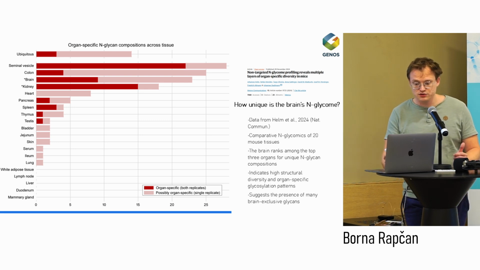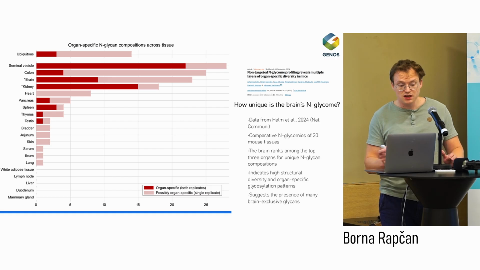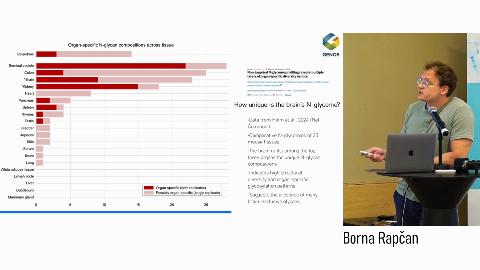To try and answer that question, we looked towards the data published by Helm and colleagues a year ago in Nature Communications, where they did comparative N-glycomics of 20 mouse tissues. Which exact mouse tissues they analyzed, you can see here in this list. I'm not going to go through the entirety of the list, but I would like to highlight the 4 most common ones. So kidney, brain, colon, and seminal vesicles had the most